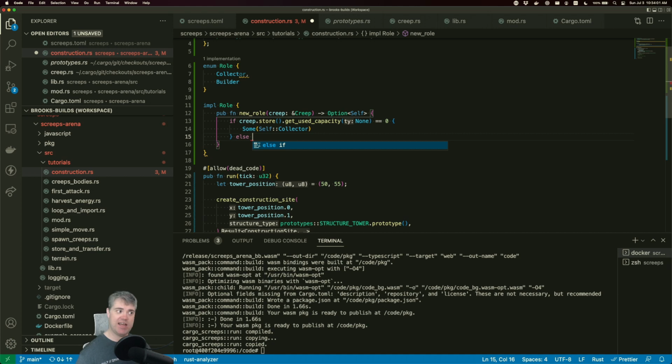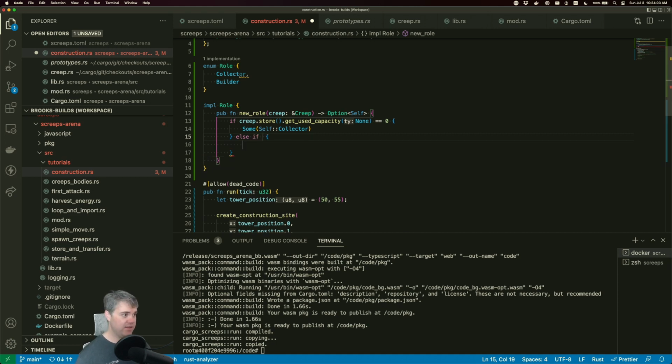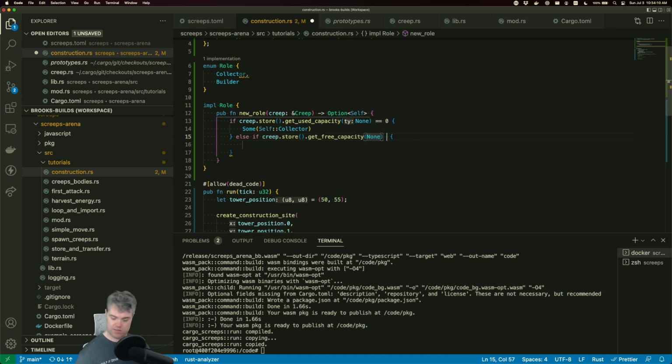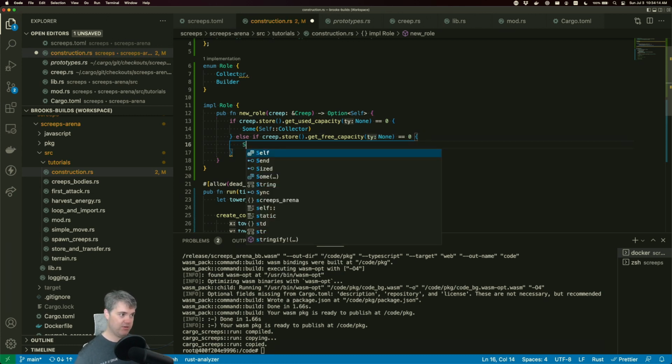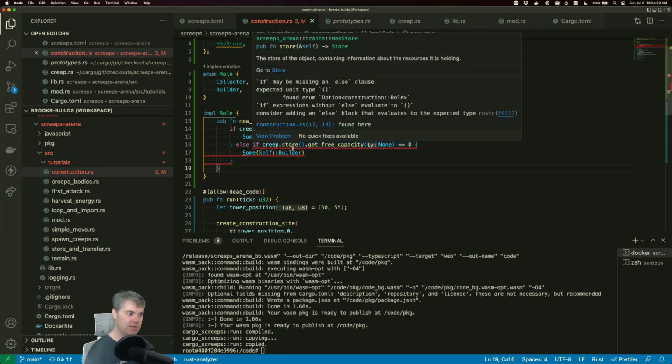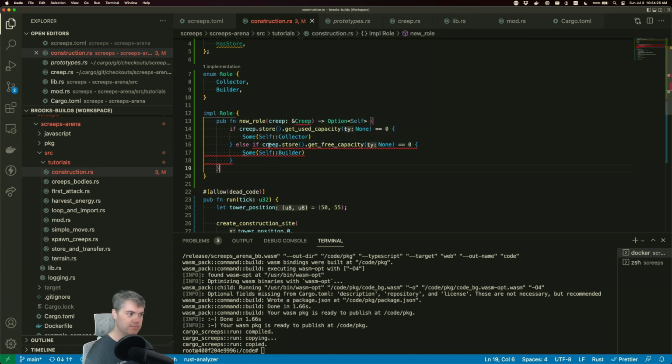Otherwise, and it can't be just an else, it has to be an else if creep.store.get_free_capacity. So if this is 0, then I want to return Some(Self::Builder). All right, what are you upset about? Else if creep.store. Oh yes, and then finally else